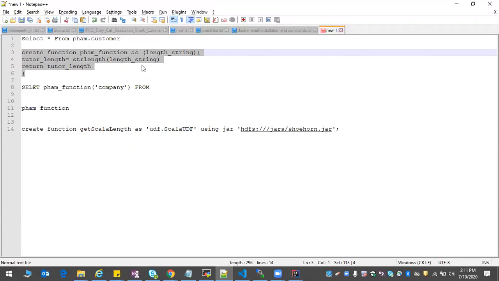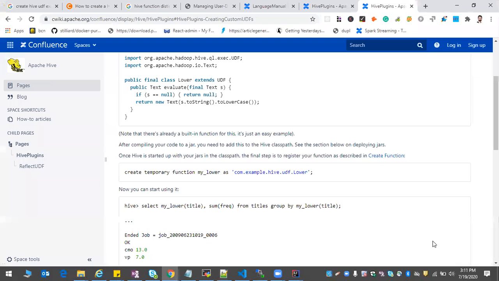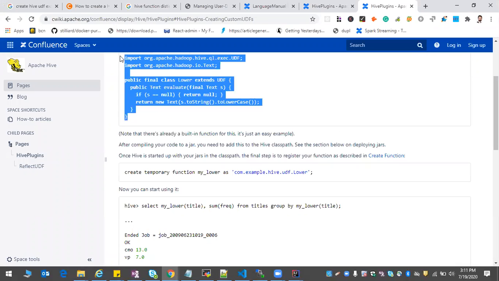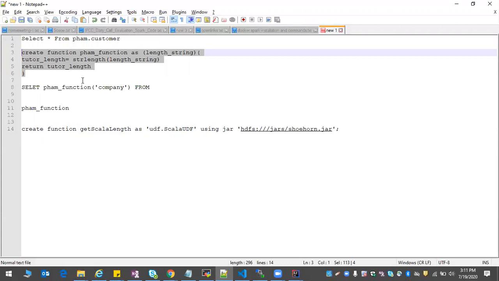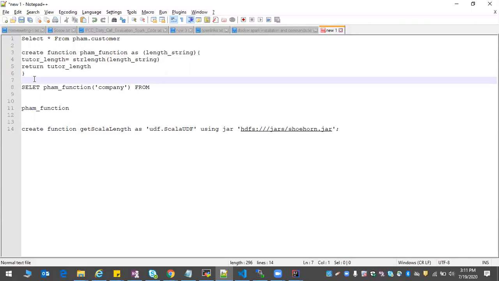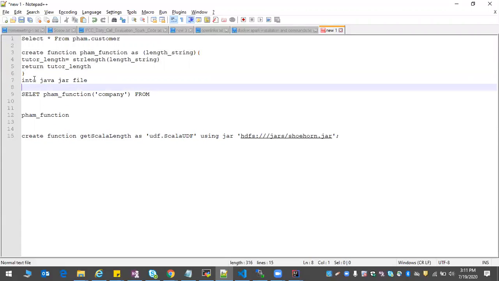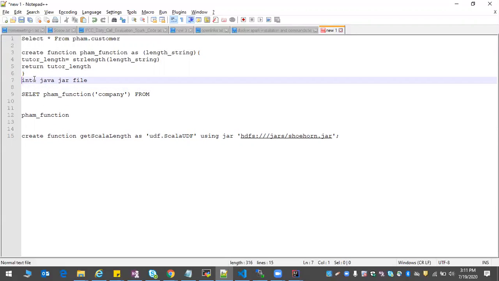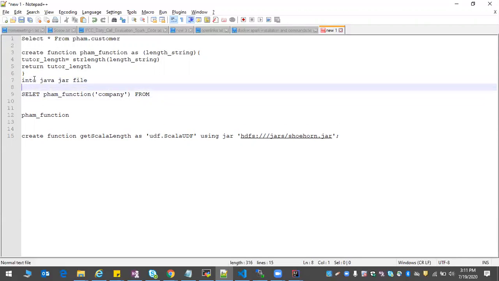Or you need to have a jar file already available, which satisfies the requirement of the function which you are going to create as the UDF. As I told you, this is the Java code, an example of this kind of code. When you have this kind of code, you will convert it into a jar file. When you convert into the jar file, next you need to go here,